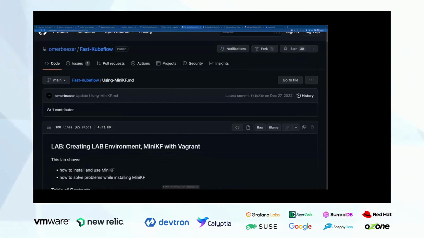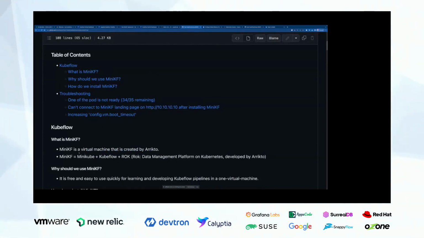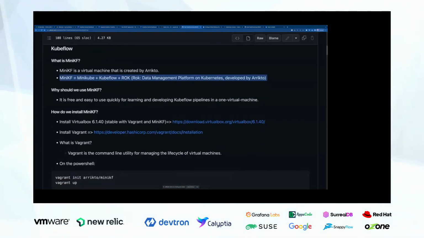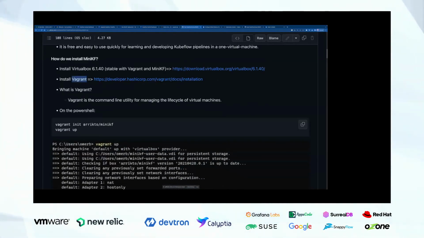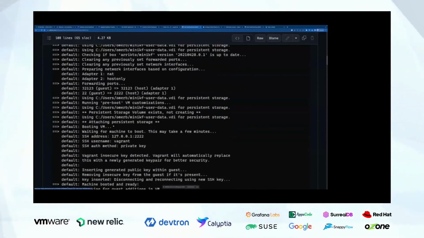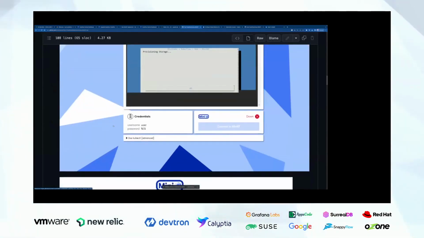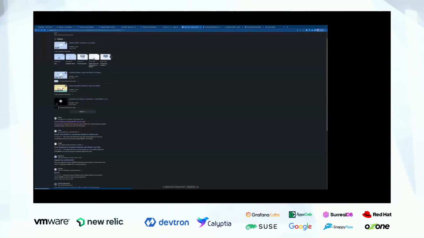You can also do that using Minikube, right? So first you install Minikube, and on top of that you can then install MiniKF. If you just go through this doc, essentially what you do is you install any virtual machine client, either VirtualBox, Vagrant, or even Docker, right? And on top of that, you can then pull in this container that has Minikube installed, and you are good to go to start using it.